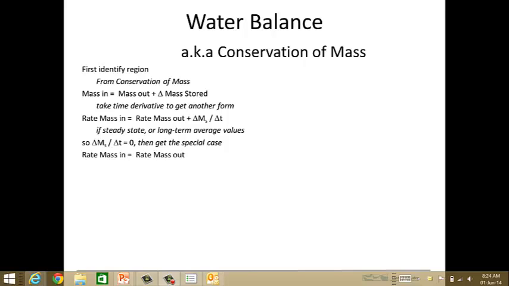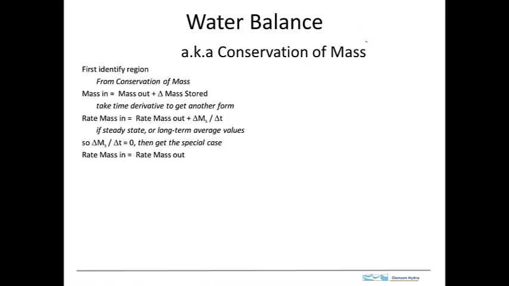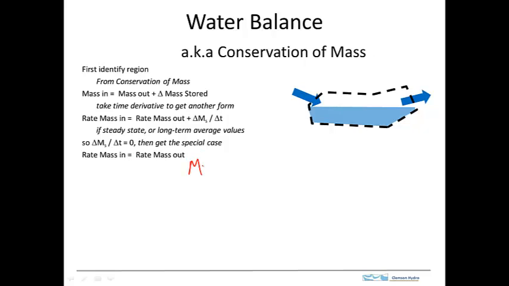The water balance principle comes from physics, where we have the conservation of mass. The basic approach is to identify a control volume. Basically, this involves drawing a boundary around the region that we're interested in. Then we identify all the ways that mass is going to cross into this control volume, the ways that the mass crosses out, and then how mass is stored within this control volume and how the mass stored in there changes. And so we can write this like so, that the mass in